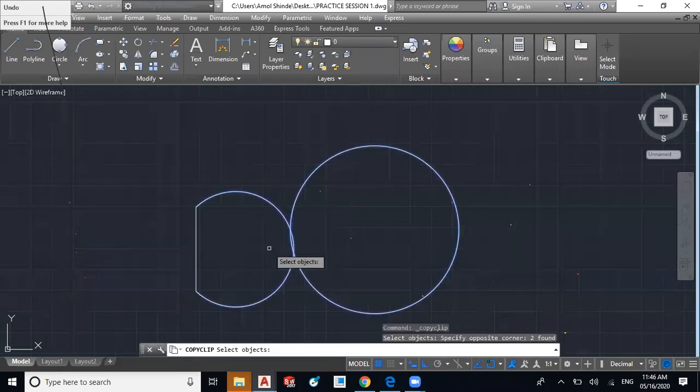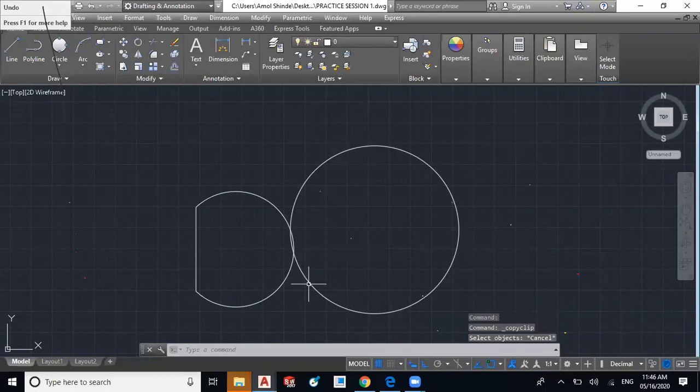After selection you can press control C and you will be able to copy that object, then control V to paste that object.